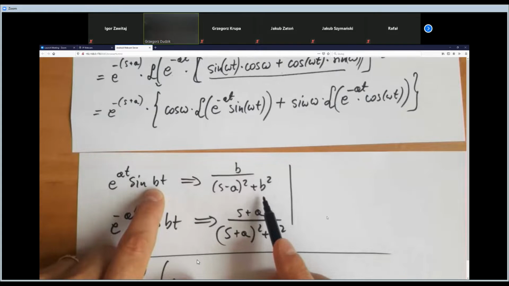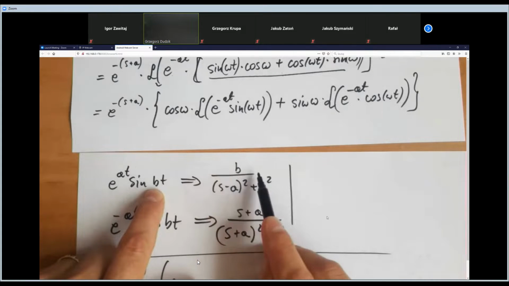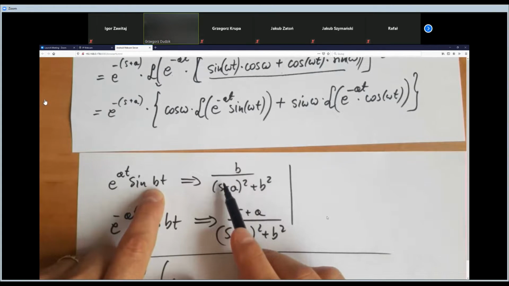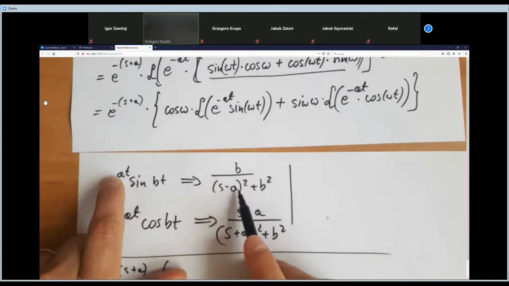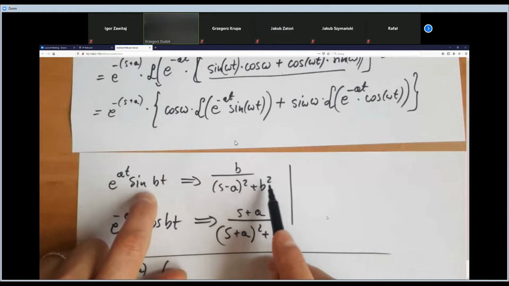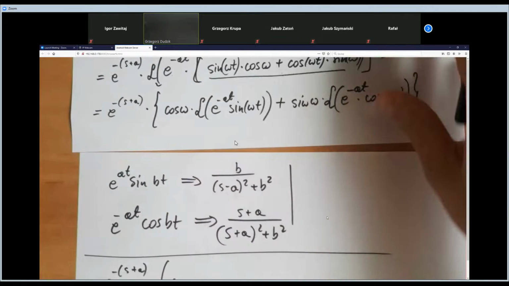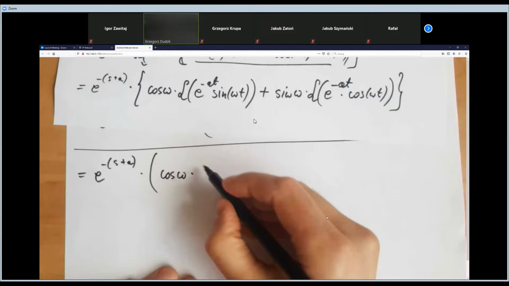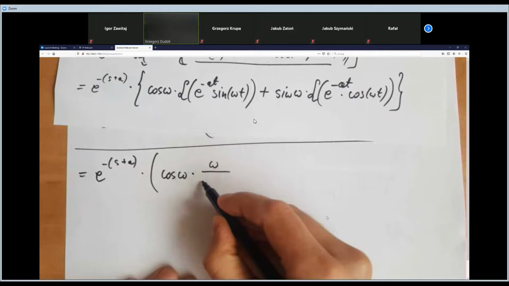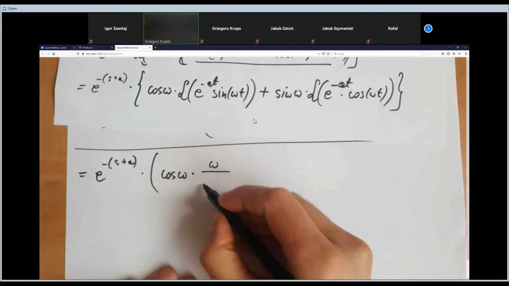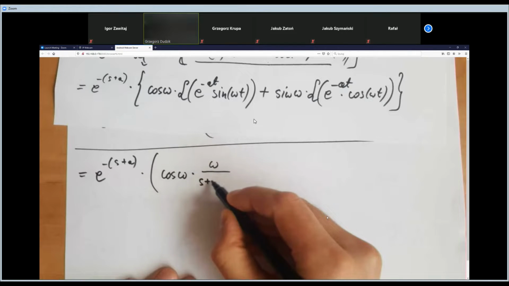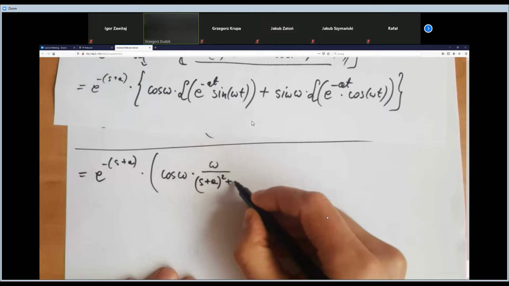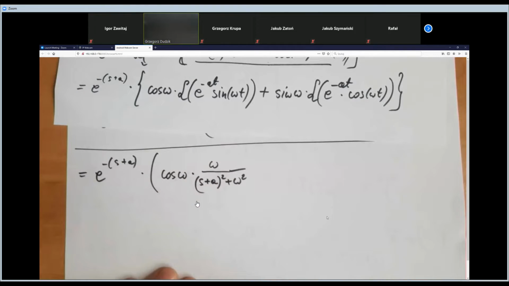So we'll have omega over (s plus a) squared plus omega squared. Plus